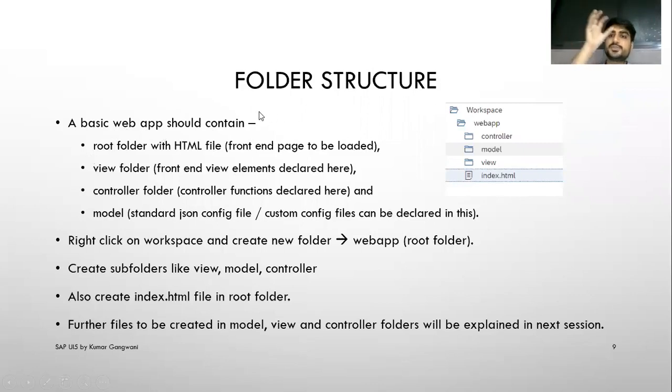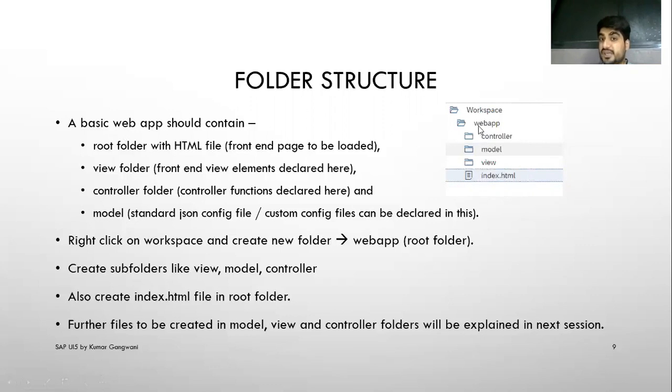So as soon as you go into your workspace, there is a root workspace already there. That link which is not getting loaded, on the left hand side pane, you will see this workspace. You have to right click and create a new folder in that. You can name it web app, or you can name it Pradeep, or ABC, whatever. Usually we keep it as web app, or maybe the project name. Let's say I'm creating a financial calculator, or a simple calculator. So I will name it simple calculator. That will be my root folder. Under workspace, all projects will be there. So this is my project name. I have kept it as web app for now.